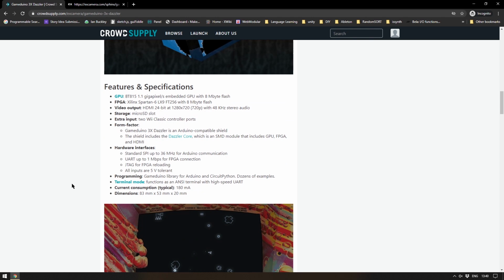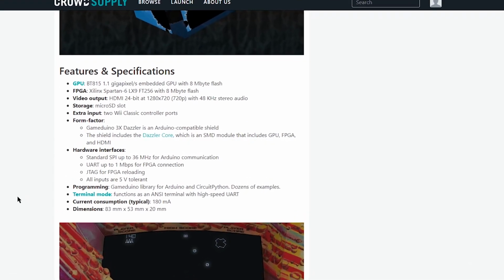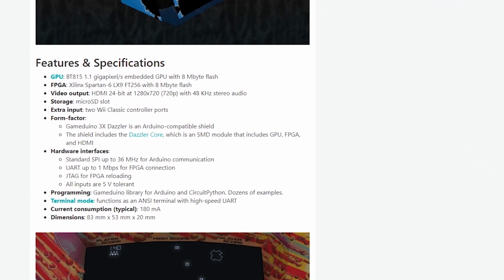I know I've said that already, but I can't really get away from the fact that these people have been working on a product like this for 9 years now. And that's a long time to put into these kind of ideas, and this really does seem like quite the step up. In terms of programming, they have their own Gameduino library, which works with Arduino and also CircuitPython, with